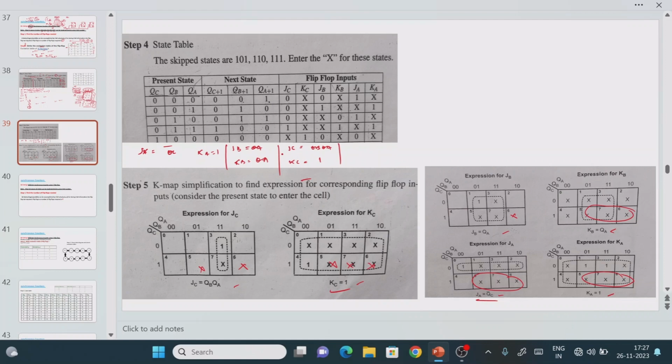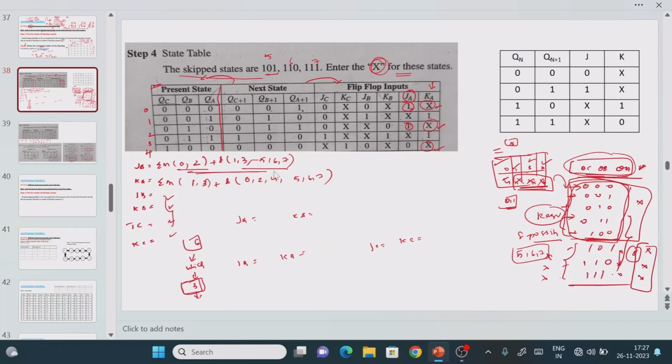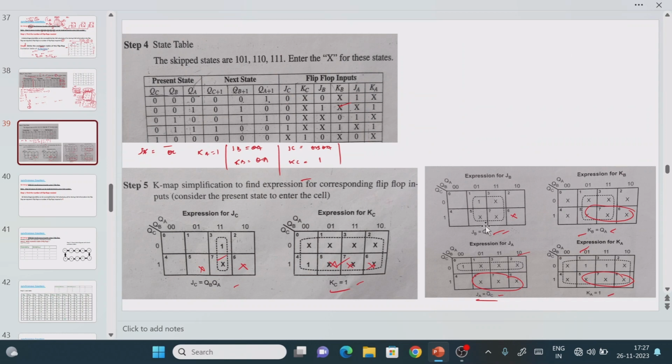Just try to solve this one, you will find some K-map values. After finding the K-map values, you will find some expression, and you write that expression down. There may be some mistake here, I don't know, but you try to find your minterms, then plot them into the K-map so that you will find the logic expression. After finding the logic expression, what do we have to do? Please pause the video and try to guess the answer.